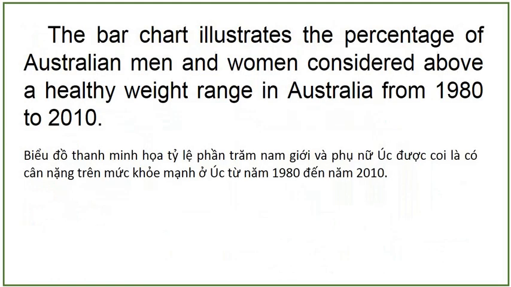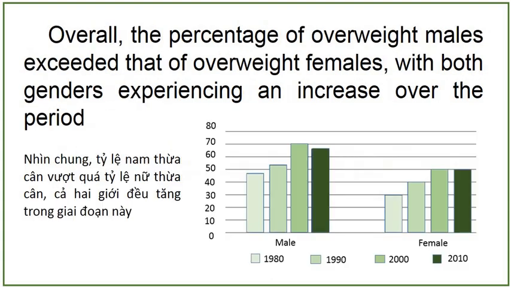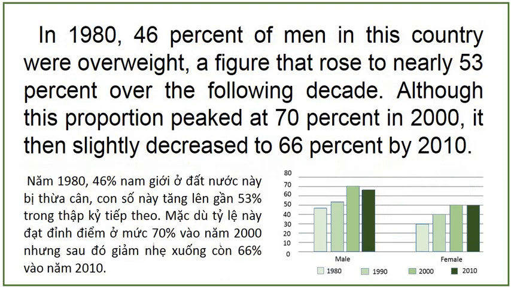The bar chart illustrates the percentage of Australian men and women considered above a healthy weight range in Australia from 1980 to 2010. Overall, the percentage of overweight males exceeded that of overweight females, with both genders experiencing an increase over the period. In 1980, 46% of men in this country were overweight, a figure that rose to nearly 53%